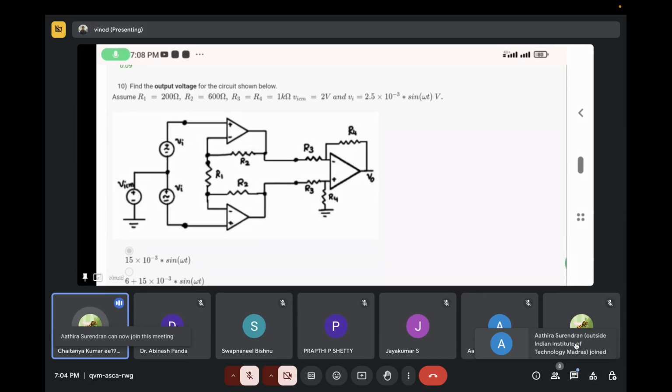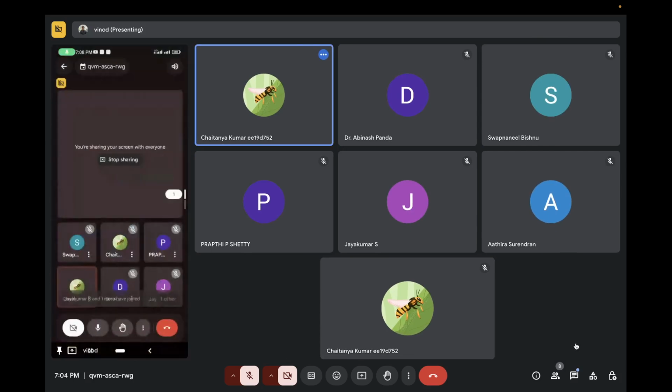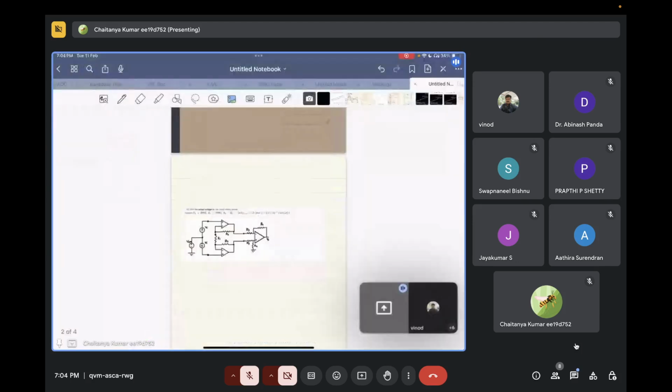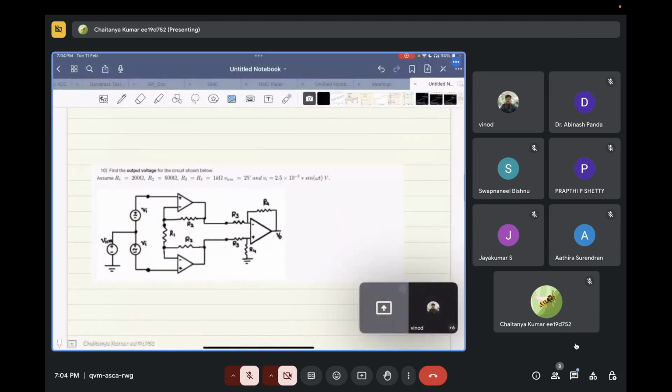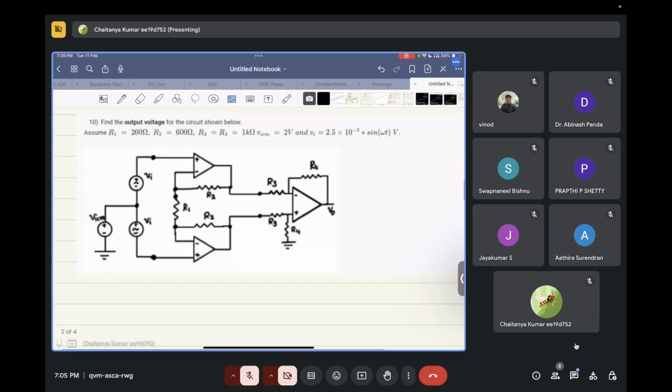Okay, now I will share my screen. Yeah, so is my screen visible? Yes, sir. Yeah. So it says that the output voltage for the circuit is shown below. So find the output voltage for the circuit shown below. So, this is